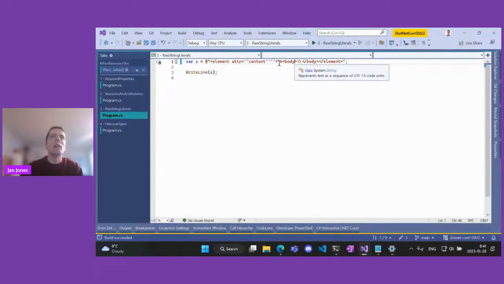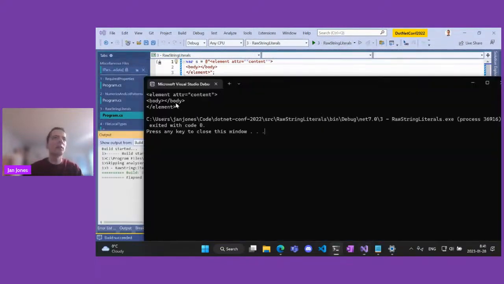But I can do some nice things, like for example, write new lines into the string, and nicely format my XML like this.